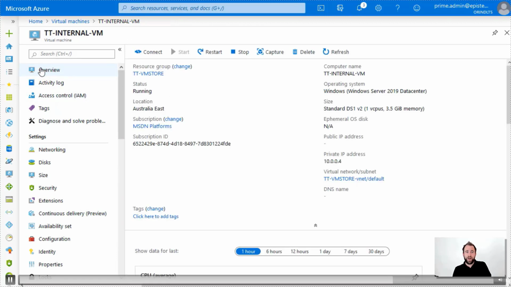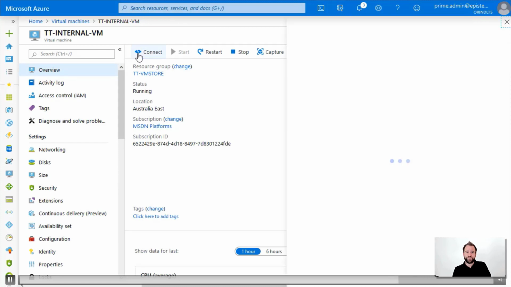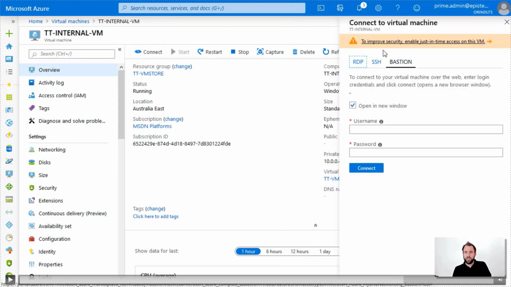So if I go back and now I'm going to connect, I can choose RDP or SSH as before, but however, this only works then with the private IP address, and if I don't have any VPN in place, I can't really access that one. So what we can do now with Bastion is it sees that there's Bastion deployed, so I give the username and password of the VM,